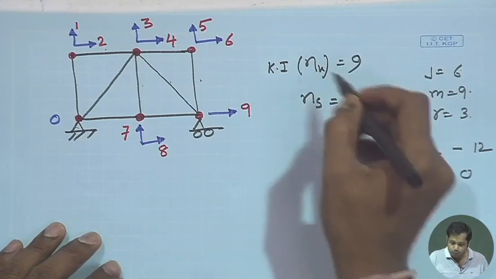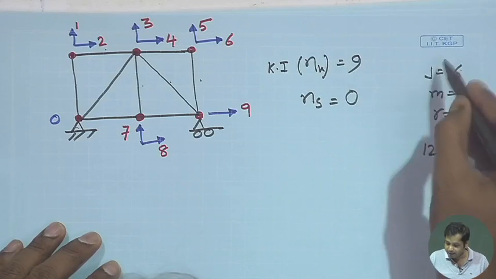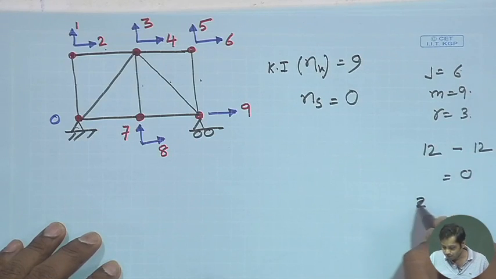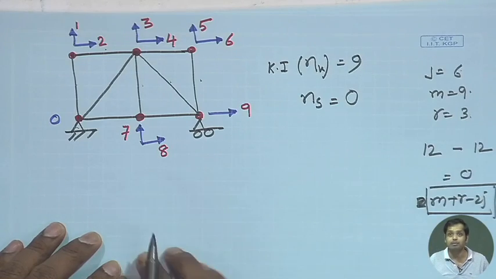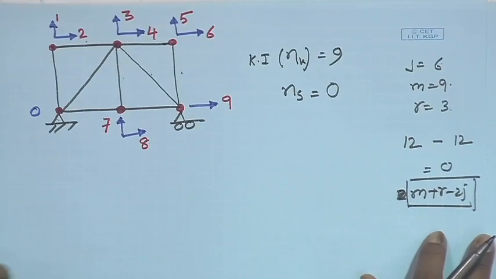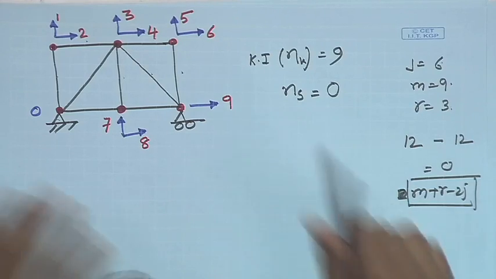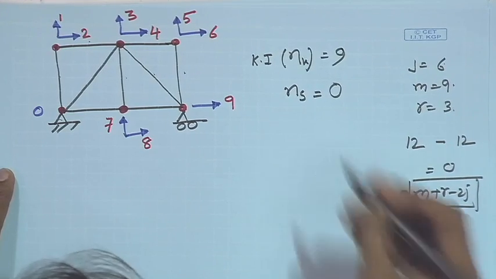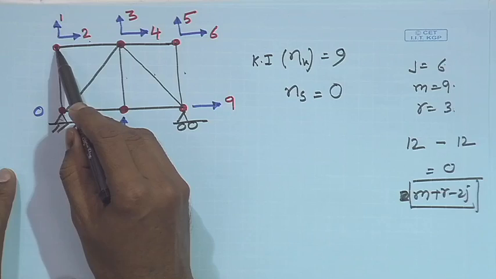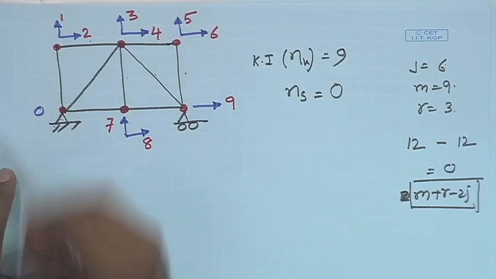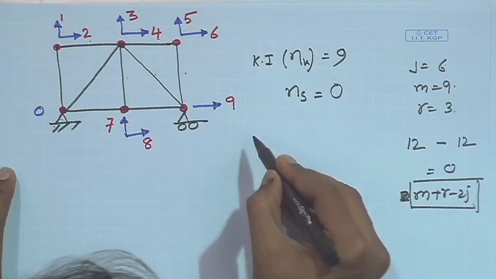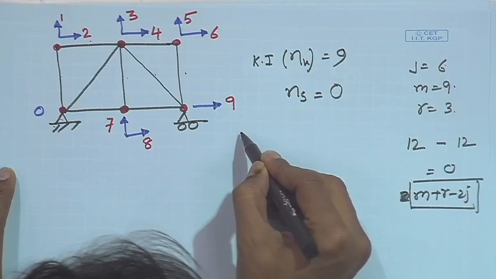Okay. Now, for kinematic indeterminacy, we know the formula is m plus r minus 2j. If you remember, this was the formula, m plus r minus 2j. Now, for kinematic indeterminacy also, we can similarly write: per each joint the degrees of freedom are 2. So, the total number of joints here is 6, so j is equal to 6. So, total degrees of freedom